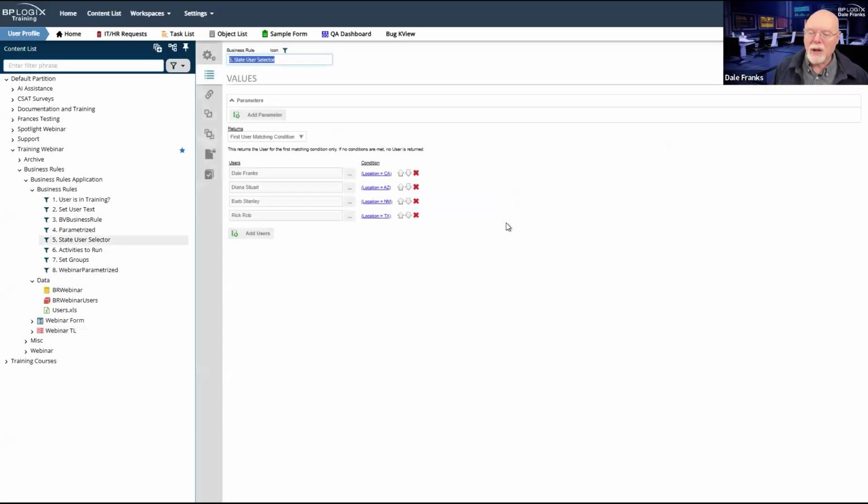The state user selector business rule is going to evaluate my location field. And based on that location, it is going to return the first user matching condition. I only have 4 choices, so it will never return more than one user. Based on the state I'm in, it's going to return a different user: either me, Diana, Barb, or Rick. I selected California because the location was California.